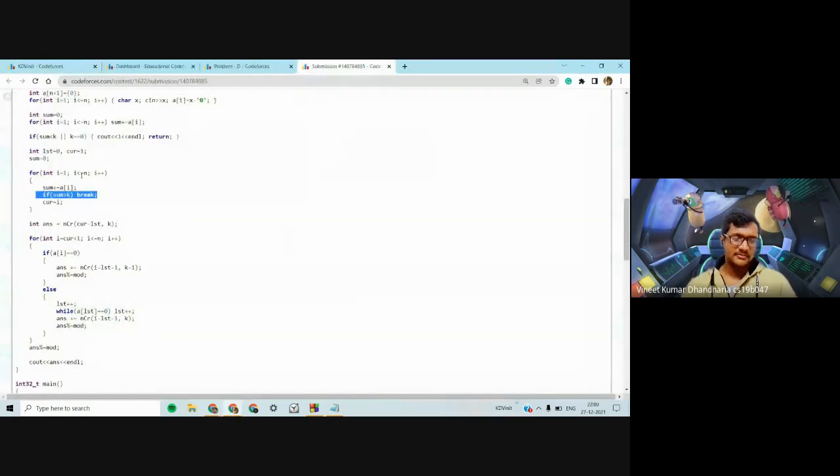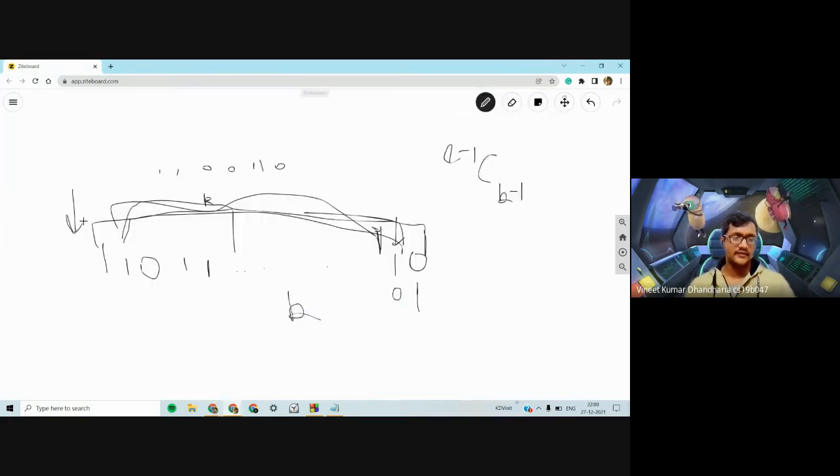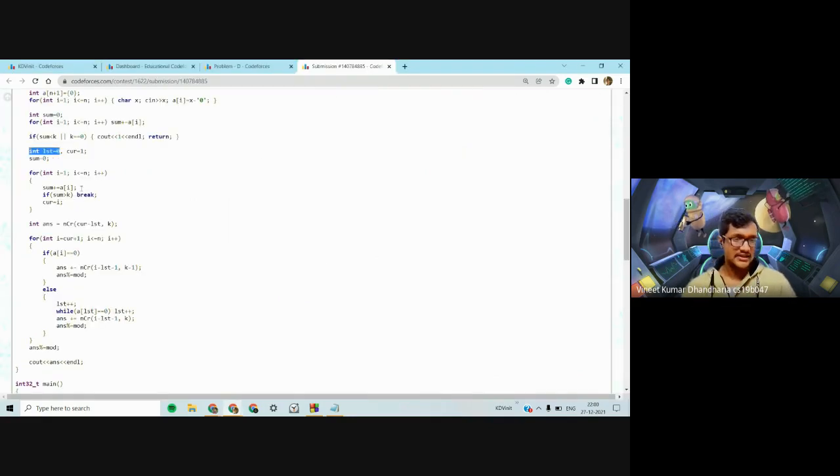Now for that particular string, we just add to our answer. Last is initialized to 0. This is the last position we have encountered, like we have cleared. Thus your length would be current minus the last position, and in between that length, you can set any k bits. So thus the answer is length choose k.